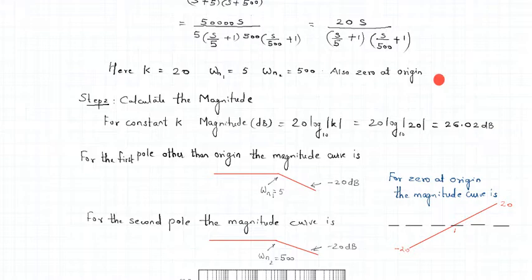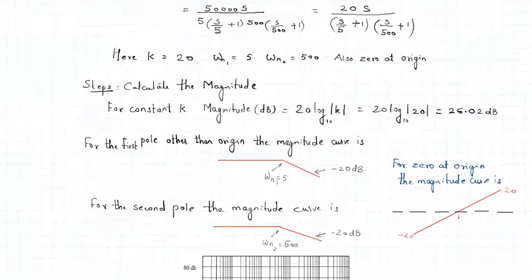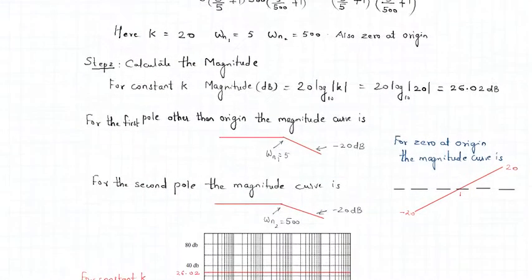Now we'll find the magnitude of the first pole. We know how is the characteristics of the system when we are having a pole other than at origin. So we know that the magnitude remains 0, and then there is a roll-off rate of 20 dB when the frequency takes a value of omega n. So here omega n1 is 5. So up to 5 the system has 0 magnitude. From above omega n1, which is 5 here, we get a roll-off rate of 20. Similarly, there is one more pole at origin. And what is that pole?